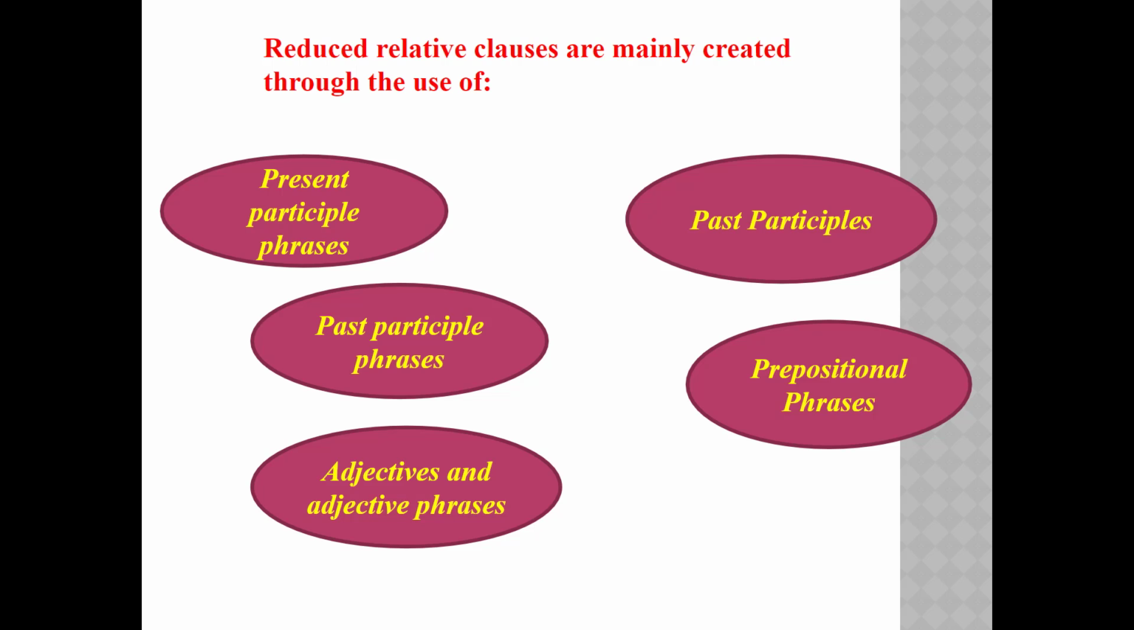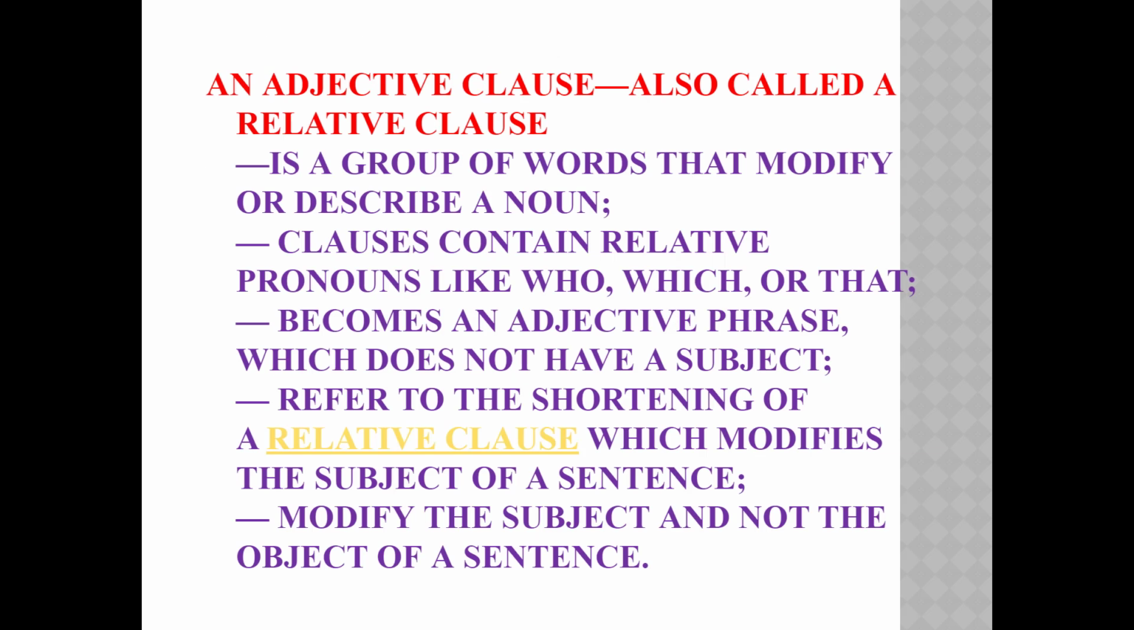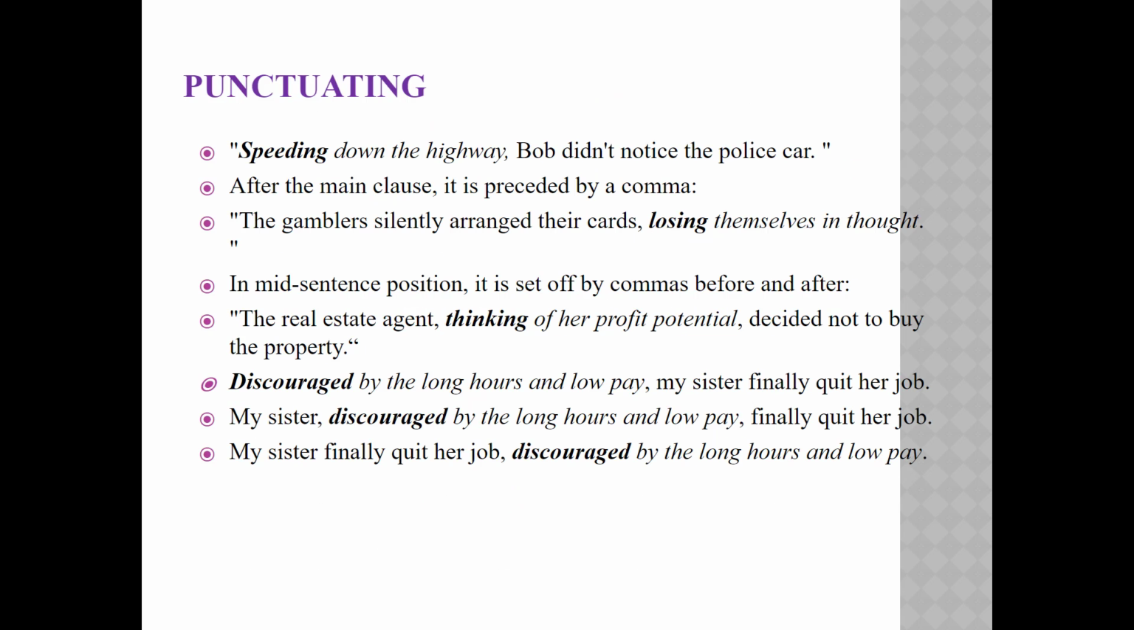Types of reduced relative clauses. Reduced relative clauses are mainly created through the use of present participle phrases, past participle phrases, prepositional phrases, adjectives, and adjective phrases. We'll now look at each of these in turn. Types of reduced relative clauses. Relative clauses